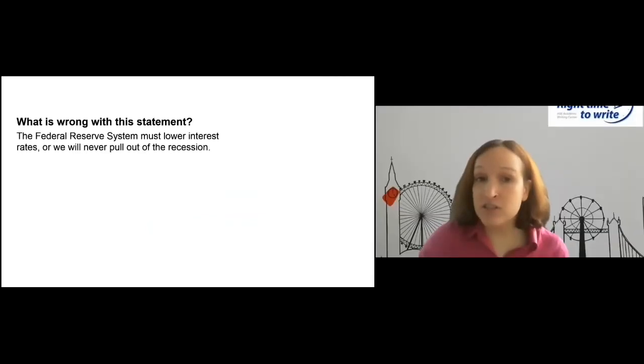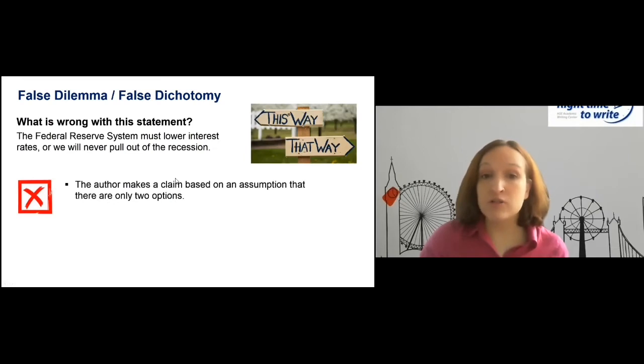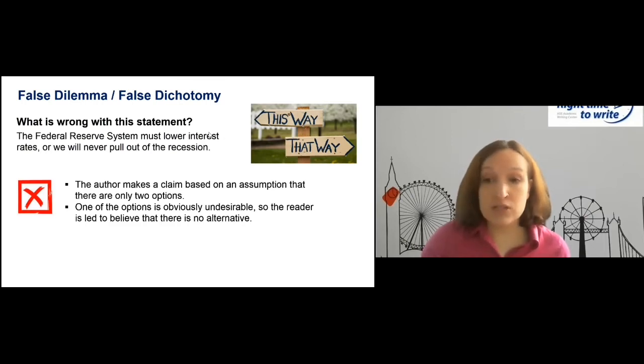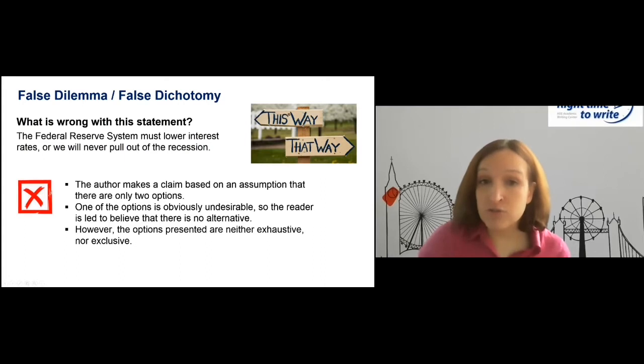As there is no evidence that this will help. The argument makes a claim that is based on an assumption that there are only two options. Why is this a manipulative technique? One of the options is presented as certainly undesirable, which makes the reader believe that there is no alternative, that there is just one option. But it is false because the options presented are neither exhaustive, like many of you have mentioned here, there must be other options to stop the recession, nor